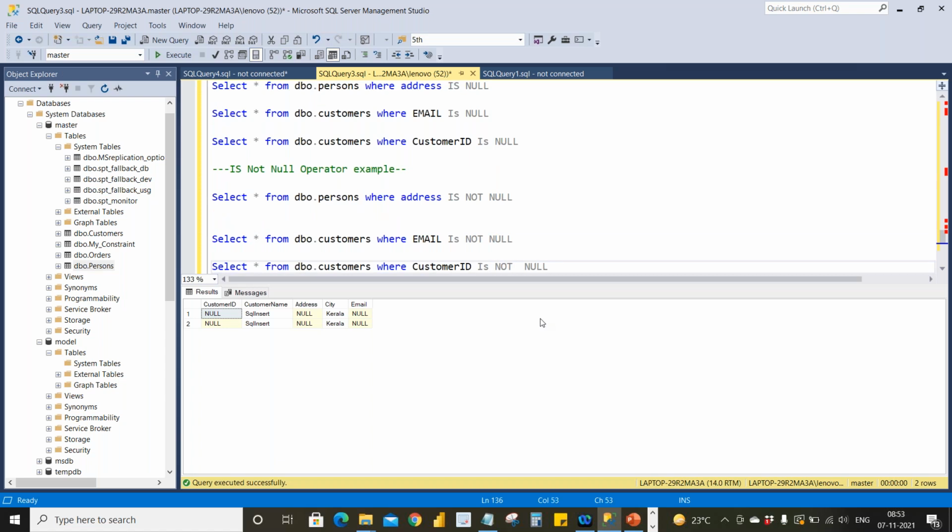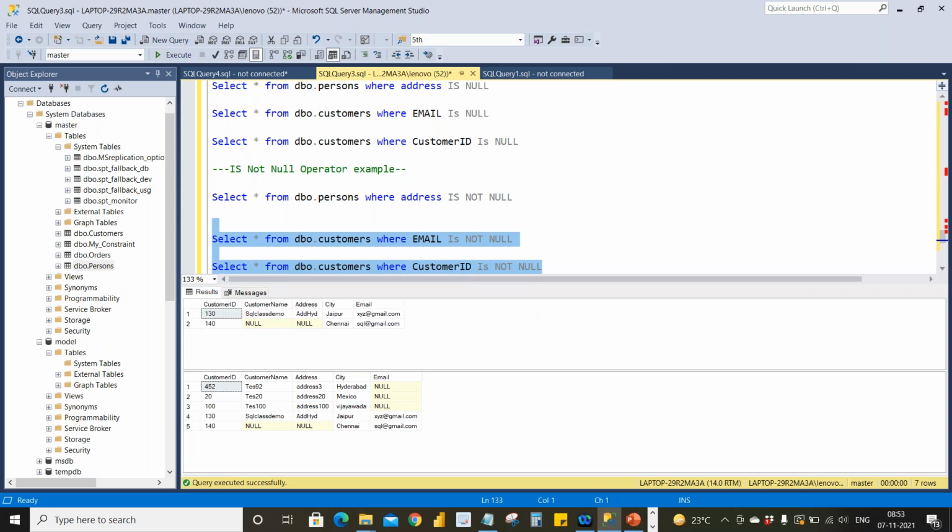I'll execute both at once. Let's see. Okay. For the first one, email IS NOT NULL, we have only these 2 rows in which the email value is not null. And in the second one, customer ID not null, we have these 5 rows.